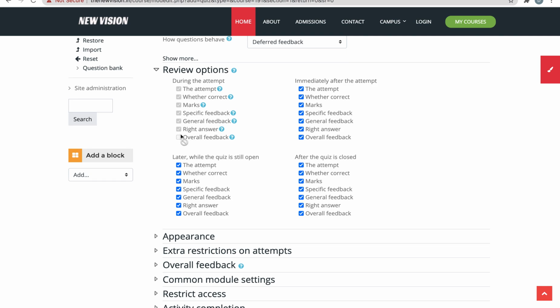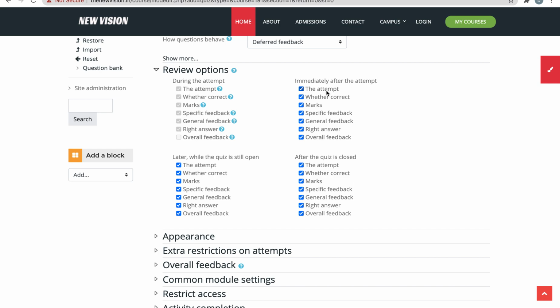The website, after submitting the exam, immediately gives the results and feedback to the children. Here you have certain control over how the results should be displayed to the students. For example, after attempting an exam and submitting it, should the website immediately tell me how many marks I got, how many correct answers, how many wrong answers, everything. That is this area. So immediately after the attempt, if you see this block,